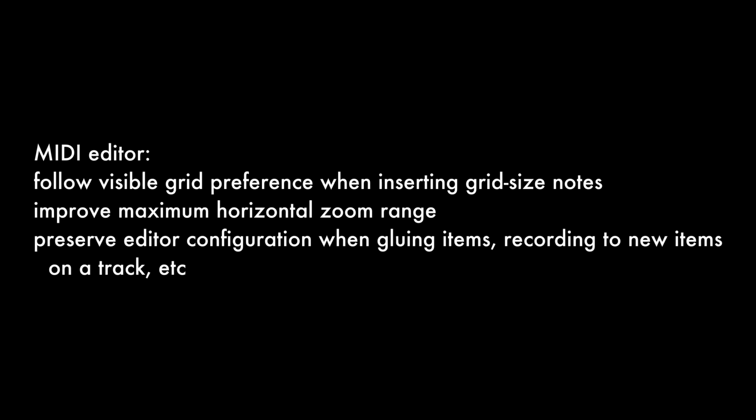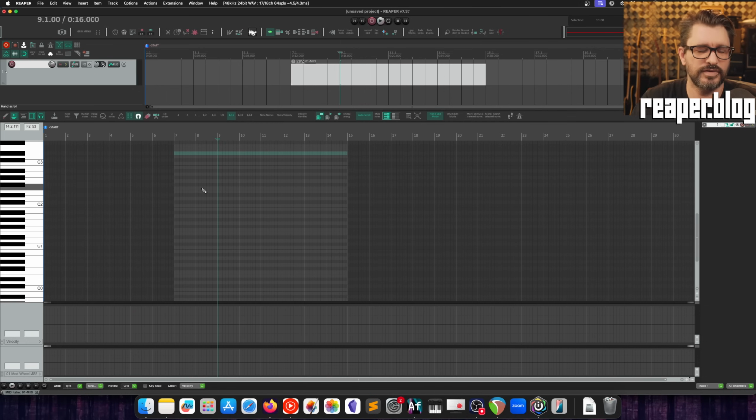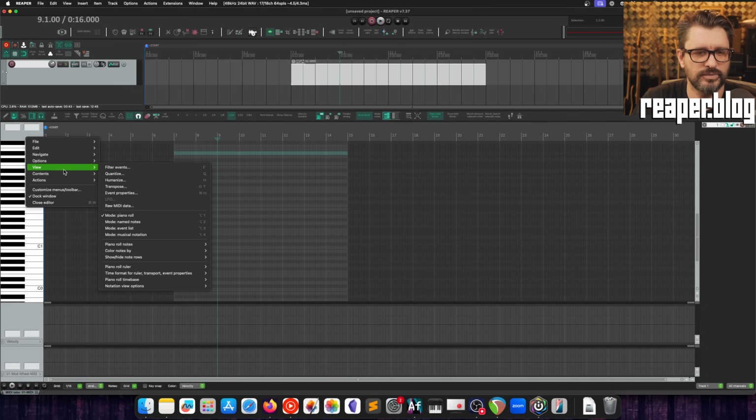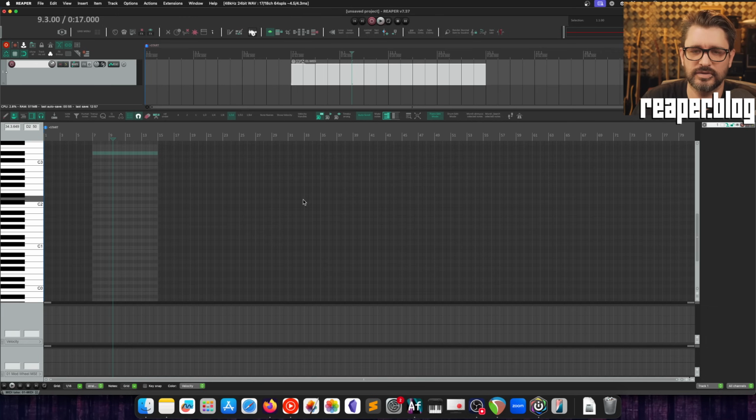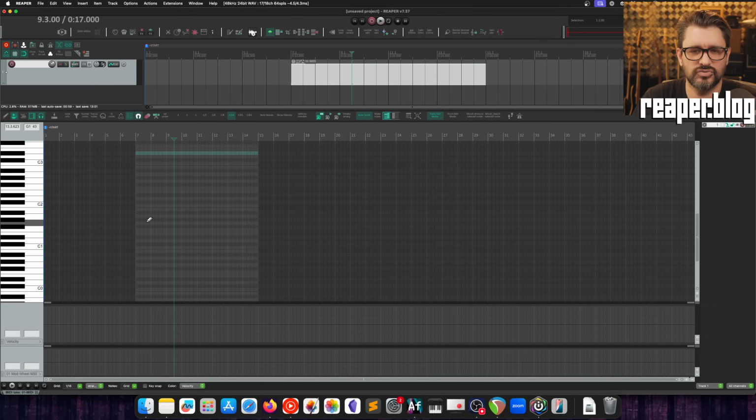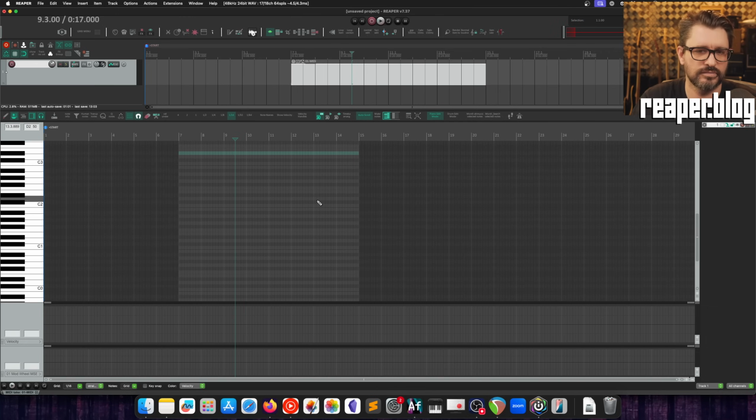MIDI Editor. Follow visible grid preference when inserting grid size notes. Improve maximum horizontal zoom range. Preserve editor configuration with gluing items, recording to new items on a track, etc. So in the previous update, we got this option when you are in View, Piano Roll, Time Base, and you're on Project Beats. When you're in the editor and you zoom out, it was limited to roughly the range of